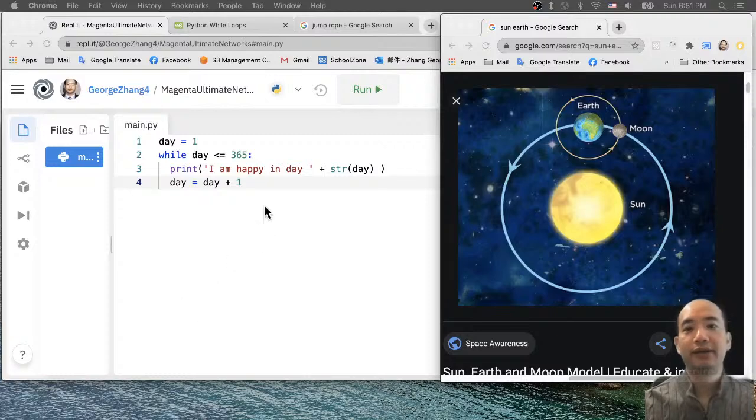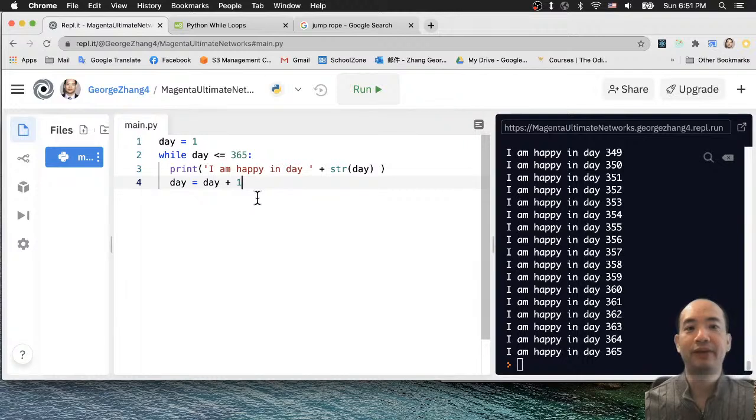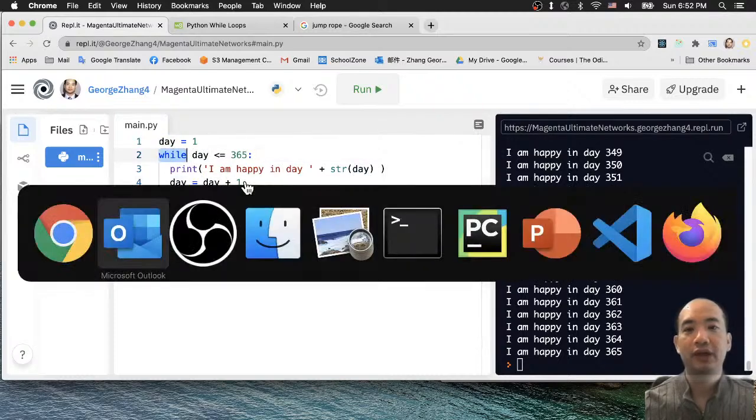All right, so I think most of you have been done, and Tom just told me there's another way to add one to the day. You just do day add one. For example, now you have day equal to one in this loop, so 1 plus 1 equals 2. And from line 4 you jump back to line 2, just like in this picture,